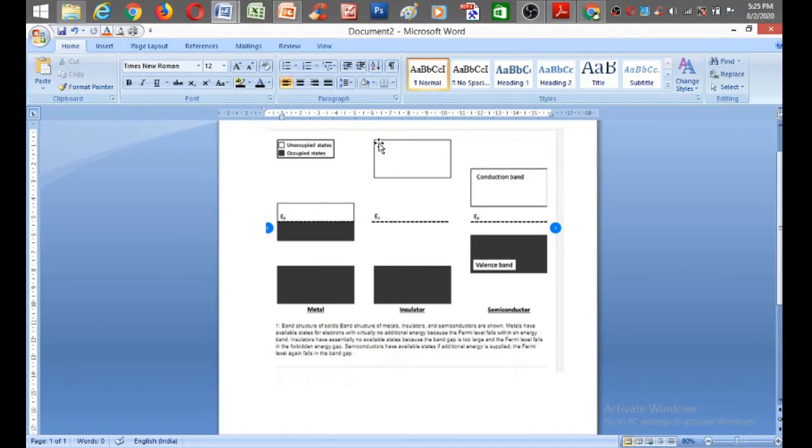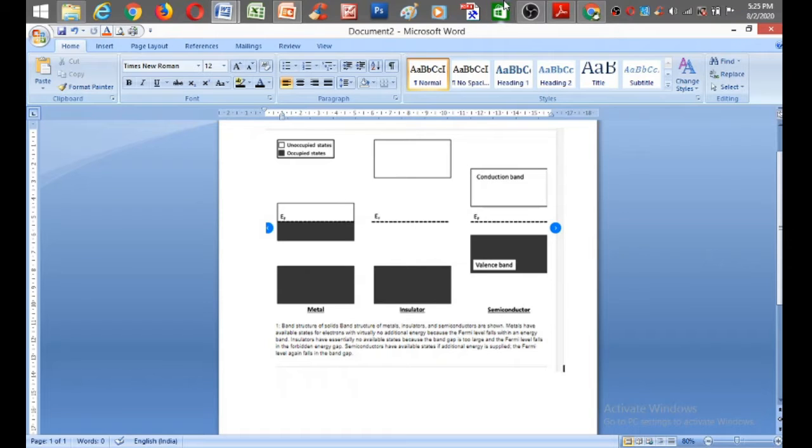There is also a completely empty conduction band for an insulator, but this conduction band occurs at a large difference of energy from the highest point of the valence band. So an electron in the valence band requires too much energy to go from the valence band to the conduction band, which is not possible. So in case of an insulator, electrons are not conducting electricity because they have no unoccupied sites which are energetically available.